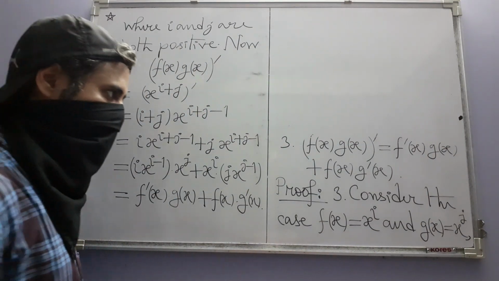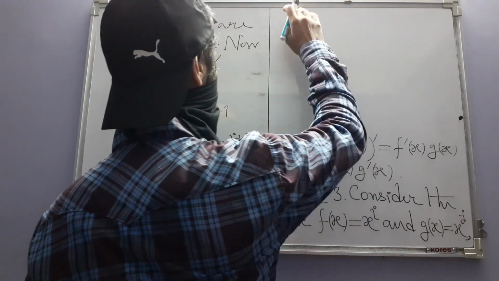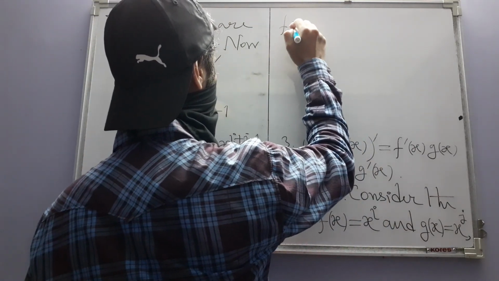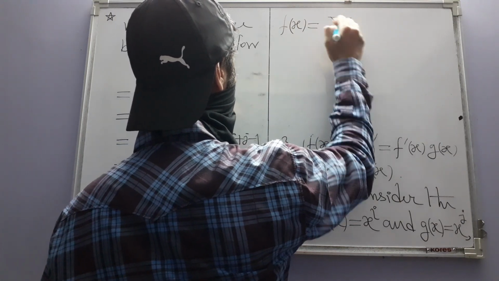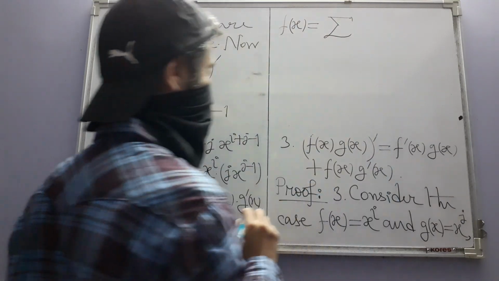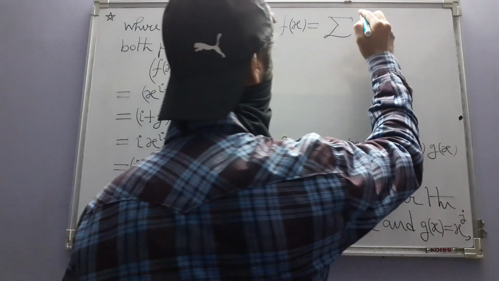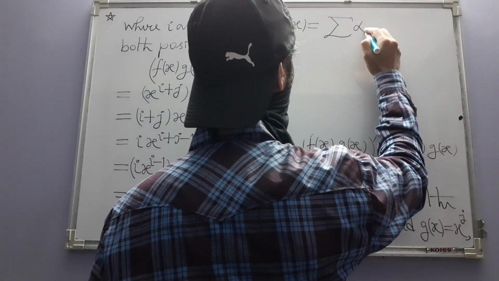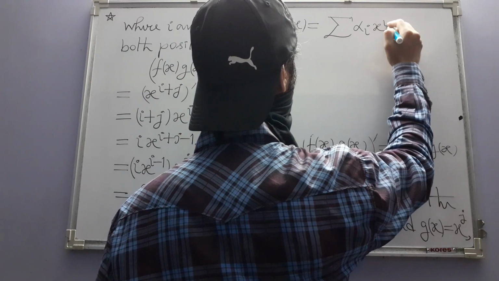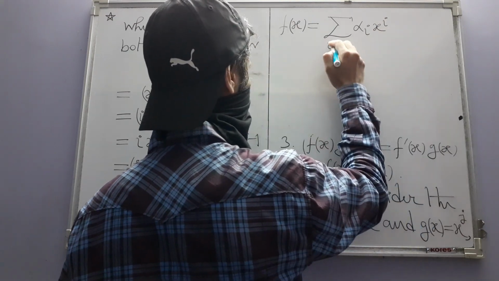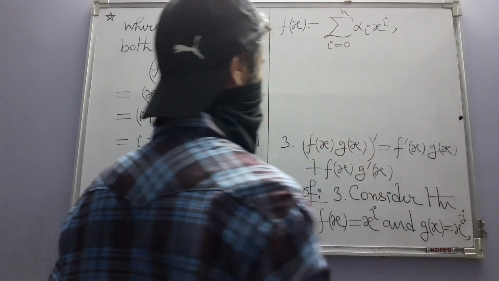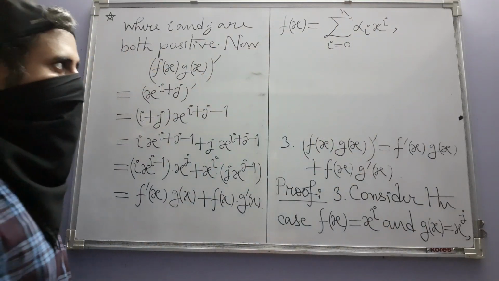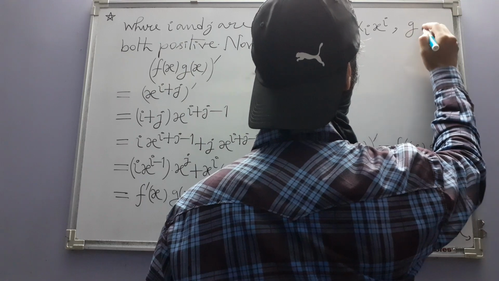Suppose, for that I need to consider expressions for f and g. Say f has this expression, let me use the summation notation to make things compact: alpha i x to the power i, where i varies from 0 to n, n some non-negative integer,